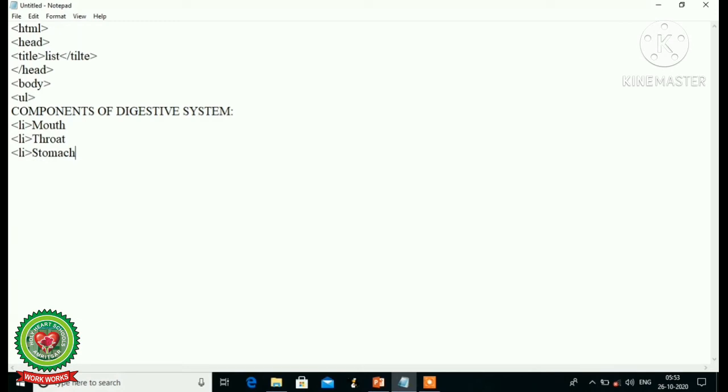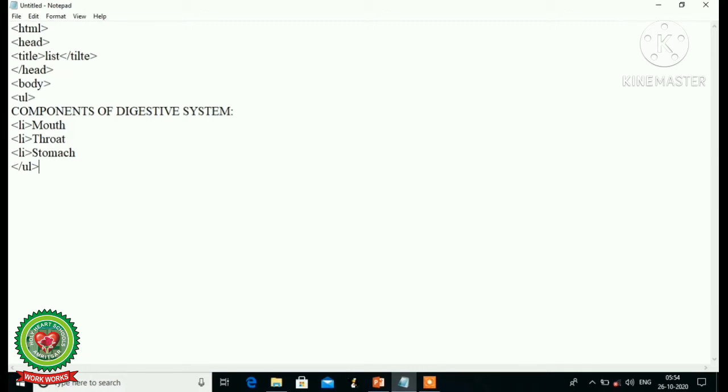LI tag means list tag. Now it is optional to close the list tag. After that, close UL using /. Now students, you can see the output side by side while writing on the Notepad.